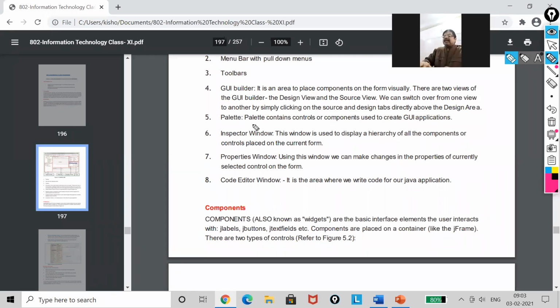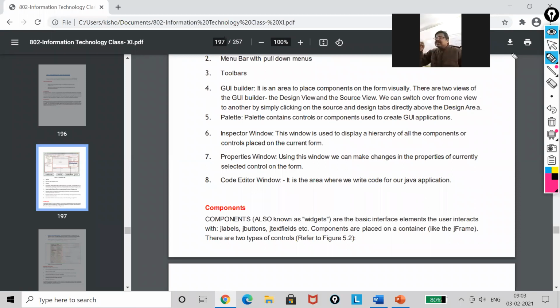Now, what is the inspector window? This window displays all the components, or you can say all the controls, that you have placed on your form. Now, what is the properties window? Every control has its own properties. Like suppose when I'm talking about my command button or the label box, there I have different properties.